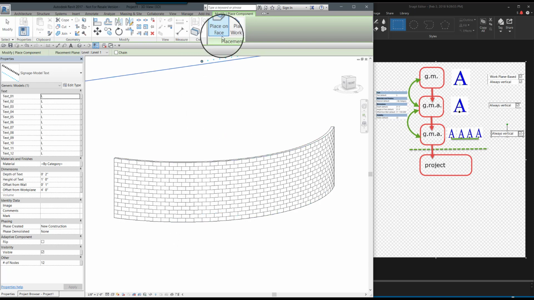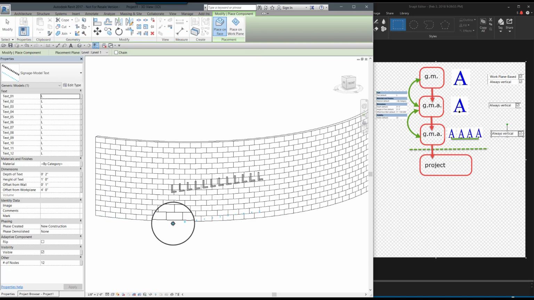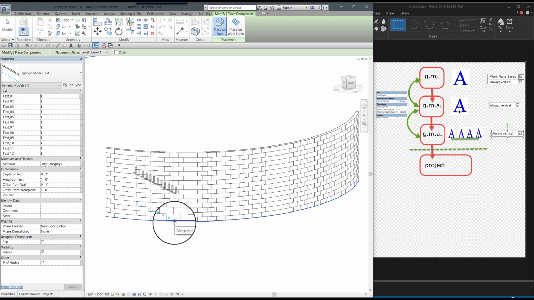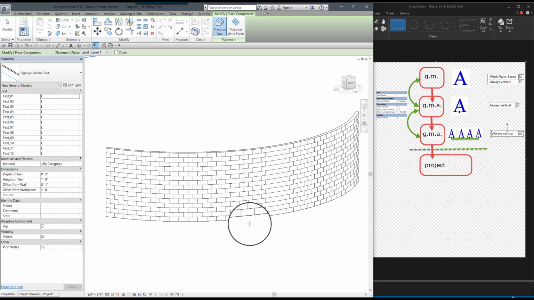So with place on face activated and helping myself with the nearest snap, I click a point on the outside line at the bottom of the wall. This is my point number one. Point number two somewhere here, and point number three, let's say, is somewhere here. Okay, click on modify to finish,